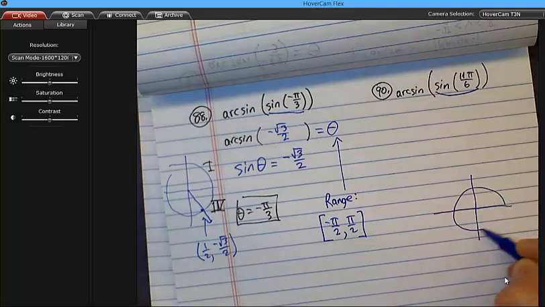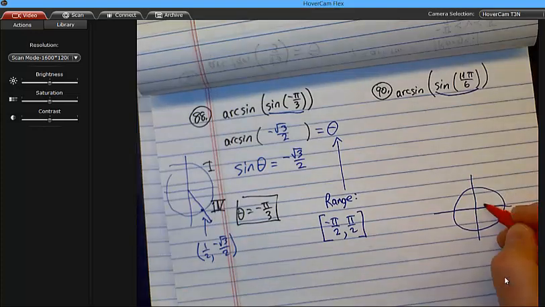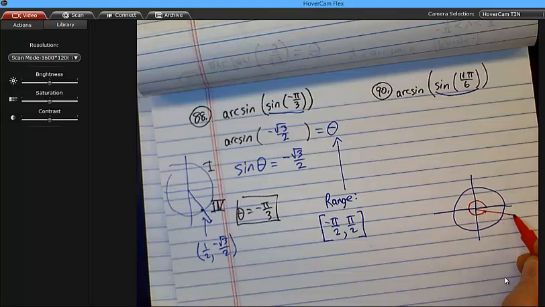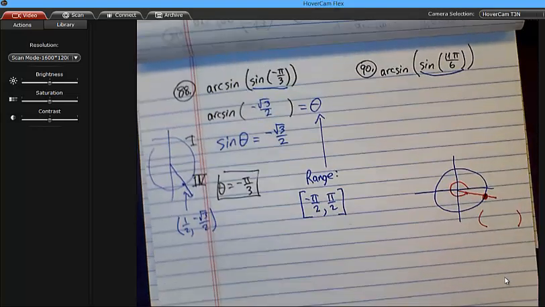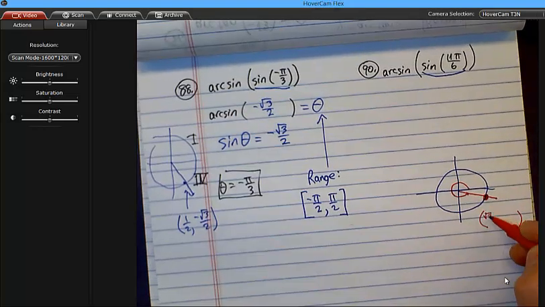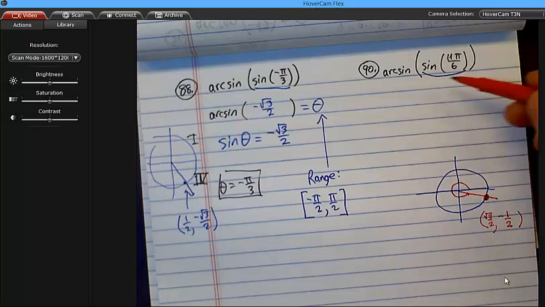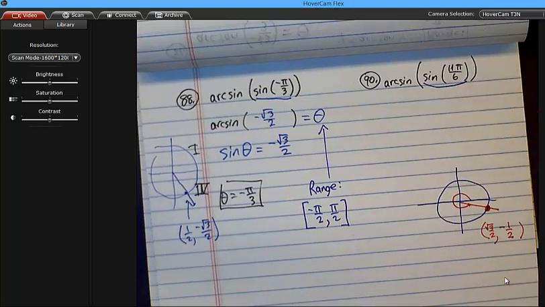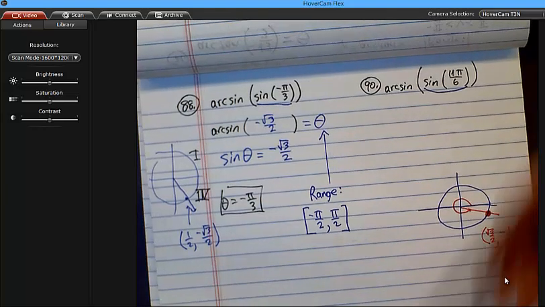Yeah, because 11 pi over 6, right? It's almost 12 pi over 6. 12 pi over 6 would be right back where we started, 2 pi. So it's this angle. And what are the coordinates of that point right there? Square root of 3 over 2, comma, negative 1/2. And so for those of you that think that the sine of 11 pi over 6 is negative 1/2, you're right. I'm going to take the arc sine